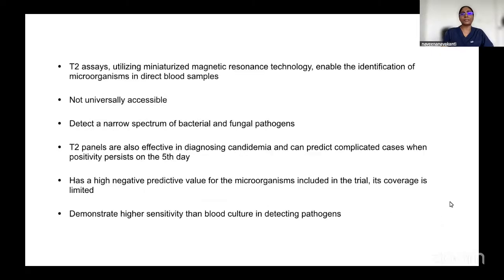The T2 assays which are available utilize the miniaturized magnetic resonance technology. They enable the identification of microorganisms in direct blood samples. They are not universally accessible, hence we cannot use it in all places in our country. And these panels actually detect a very narrow spectrum of bacterial and fungal pathogens compared to what we see in the conventional methods. These T2 panels are also effective in diagnosing candidemia and can predict complicated cases when the positivity